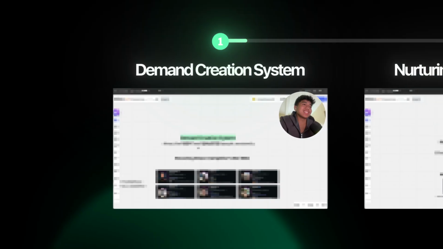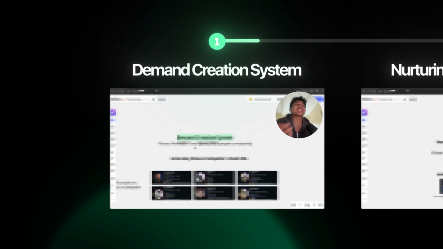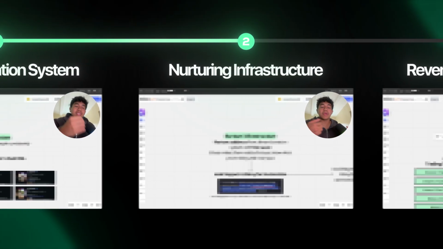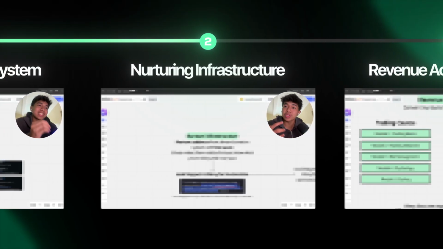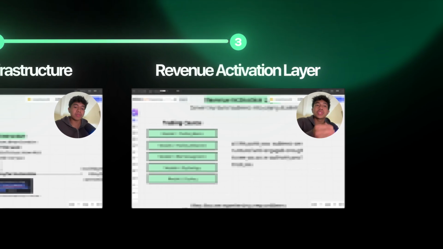And by the end of this video, you'll know exactly how to create demand and attention for your personal brand, make them so nurtured that once you have a product to sell, it's pretty much an instant buy from them, and convert them easily without needing confusing landing pages and fancy VSLs. And this is basically the whole process inside LCE Media.